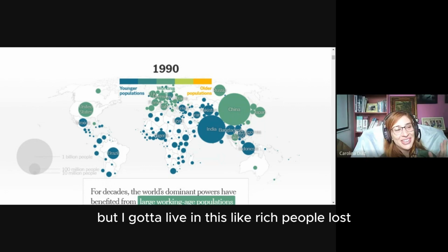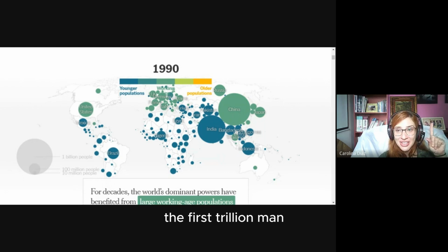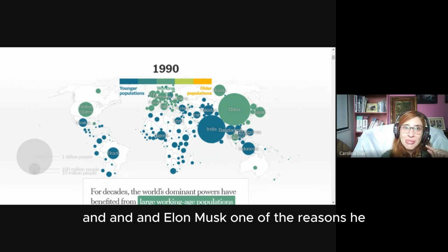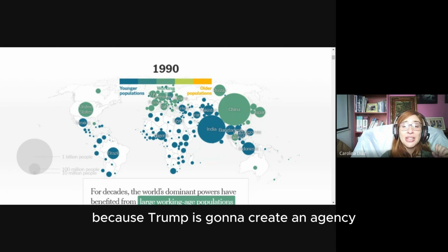I'm sorry, but I kind of live that doesn't like rich people. Like the billionaire. You gotta do Musk, man, the first trillionaire. And Elon Musk, one of the reasons he supported Trump during his campaign, because Trump is going to